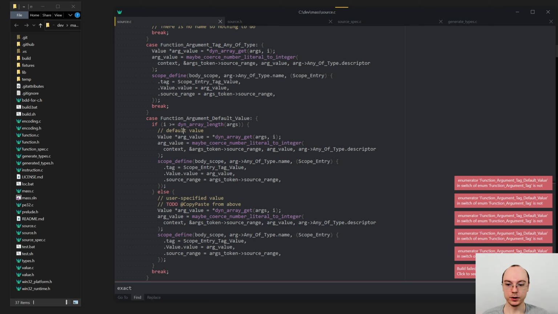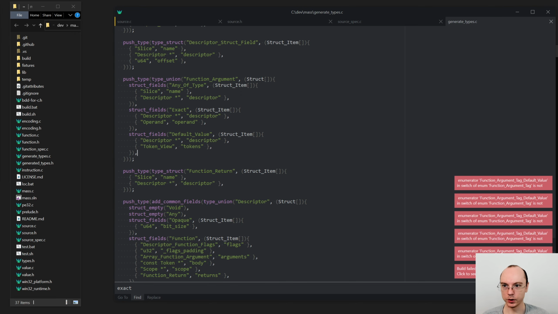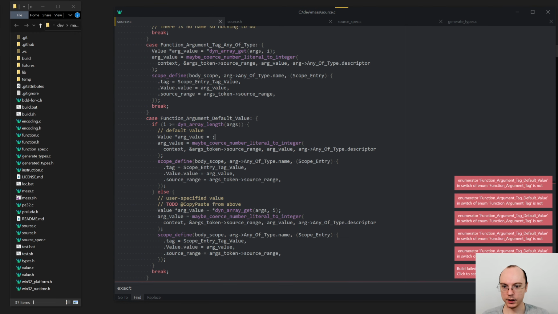Okay, what do we do with default value? We obviously don't have one to get from the list of arguments that is applied to us, but we do have that token thing. So token view tokens, right? Or I can call it expression. And we can just evaluate that expression. We can say token parse expression, I think. And this would be